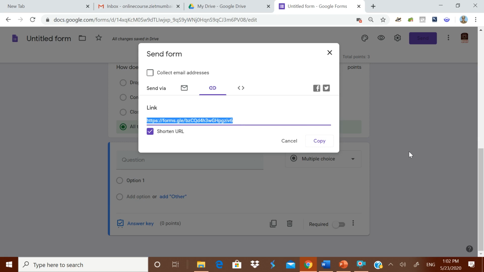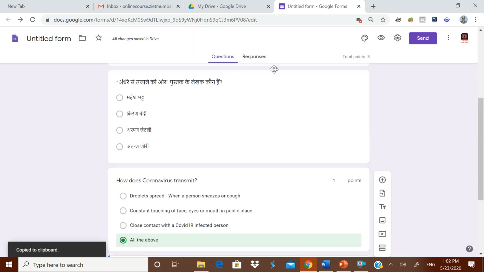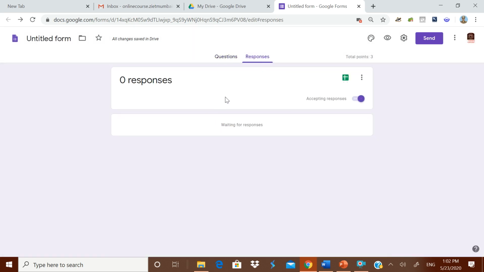Anybody who is getting this link, when he clicks it, then all the questions will come automatically. When he answers it, he will get the response of individual, and in the response sheet, which is on the top in the responses, you will get all the responses in the form of a Google sheet. But it is highly interesting.